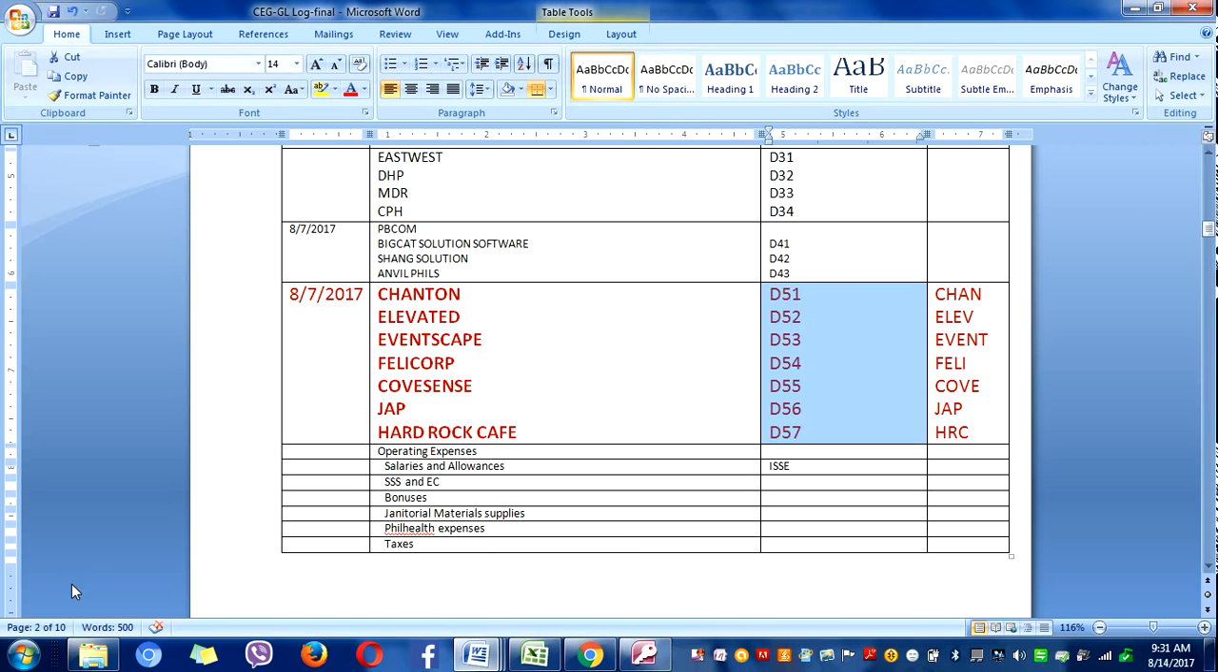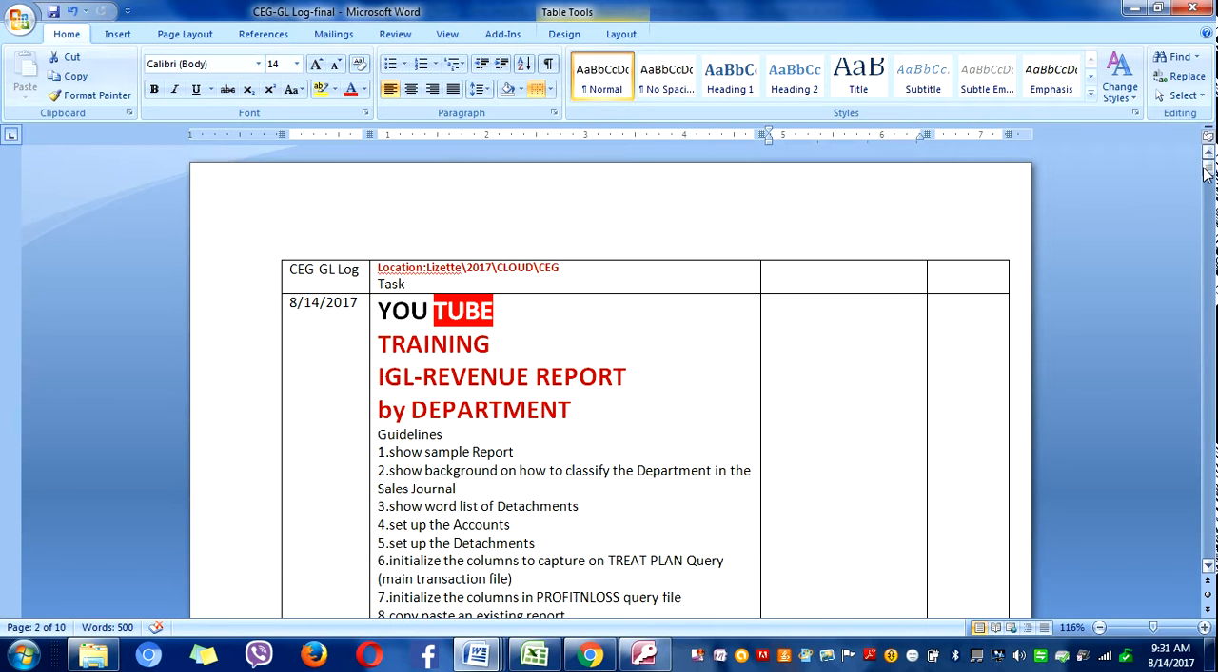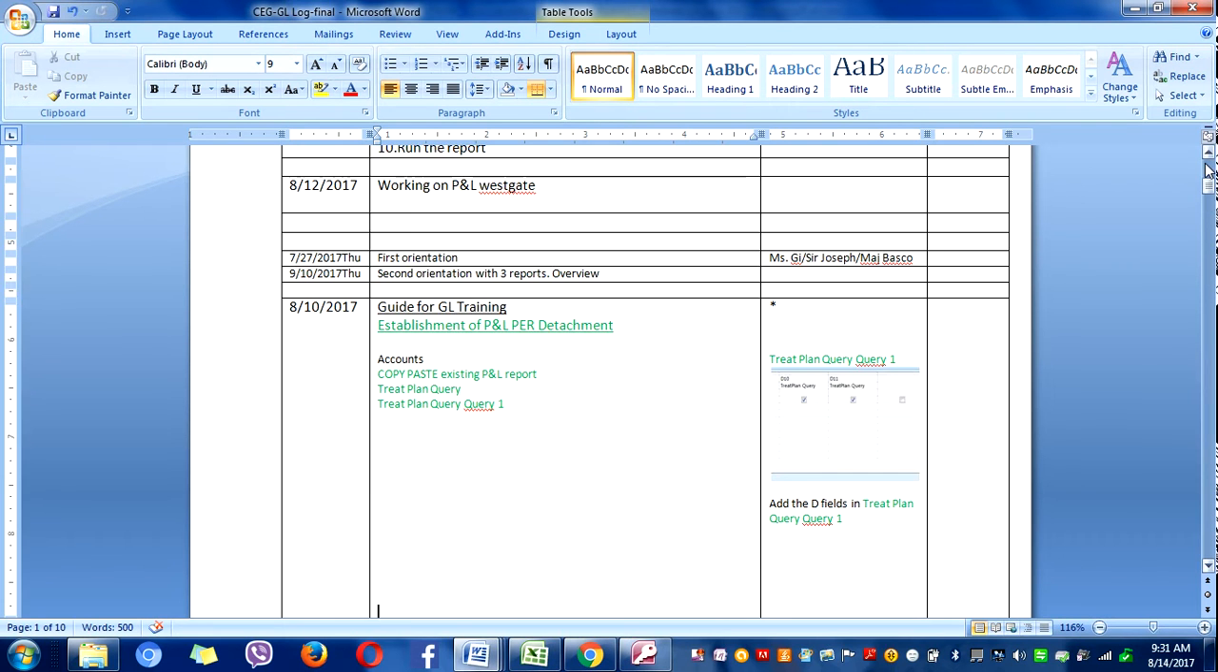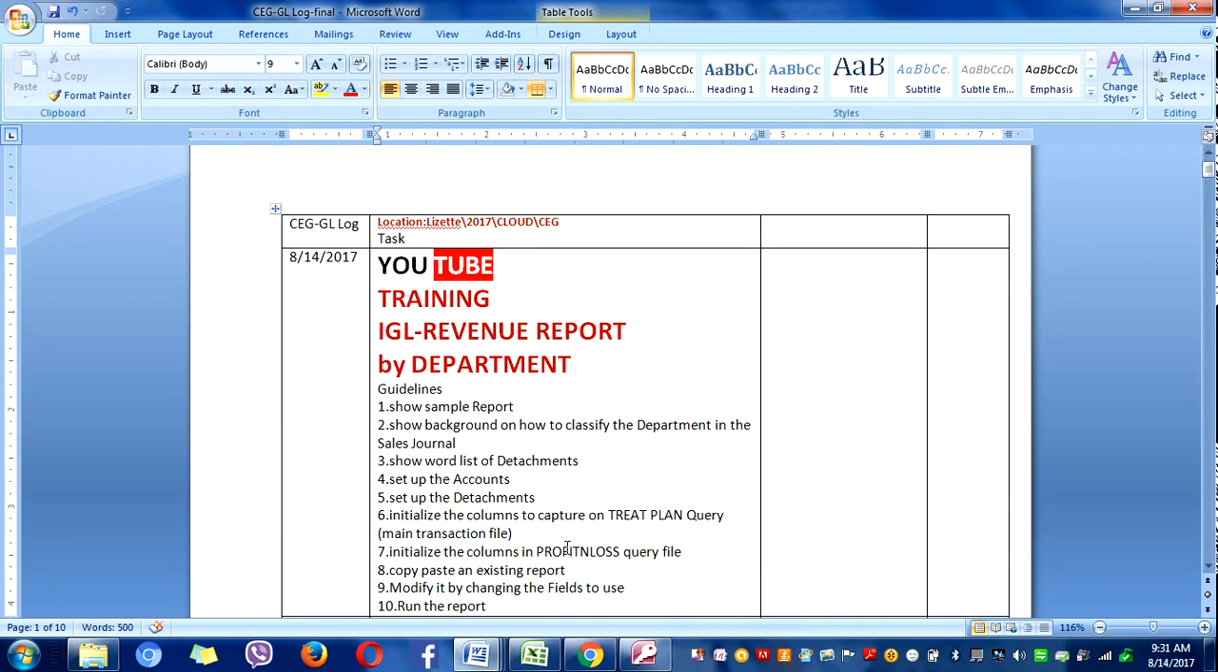Now we go to initializing the profit and loss. Initializing the profit and loss query file, because what we did was just to classify the transactions. What we now have to do is to